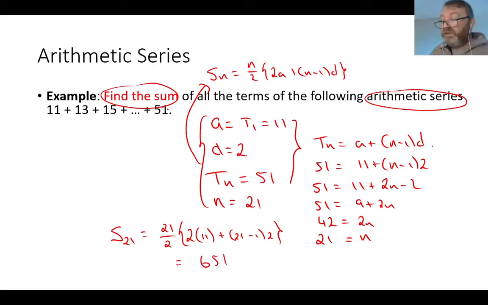Because we didn't know how many terms are in this list, I had to find out what term 51 represents. Is it the 10th term? Is it the 21st term? Is it the 40th term? So I've got to take that 51 away for a little bit of prelim work to work out T of